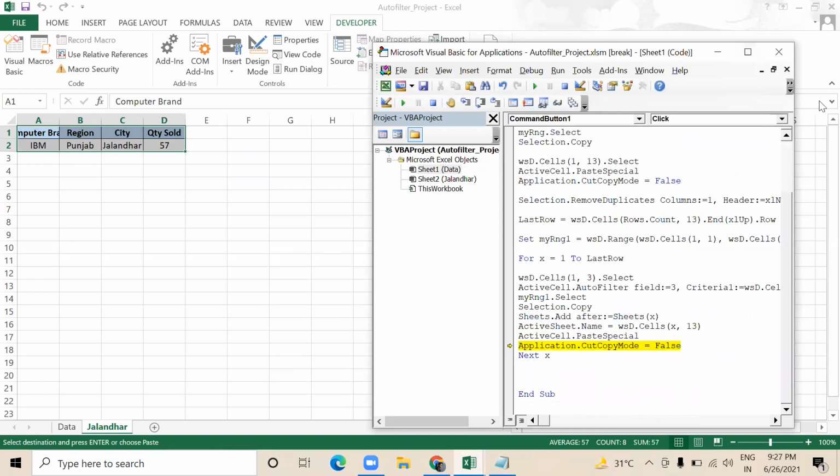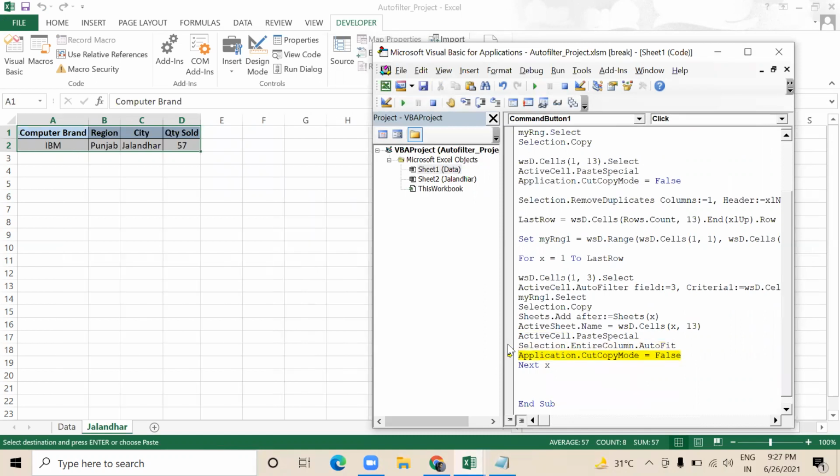the data. Then I want to add one more thing here: Selection.EntireColumn.AutoFit. So it will auto fit the data. Then again it will go to here. So okay,